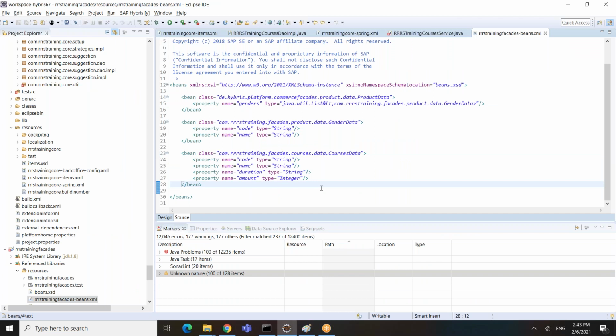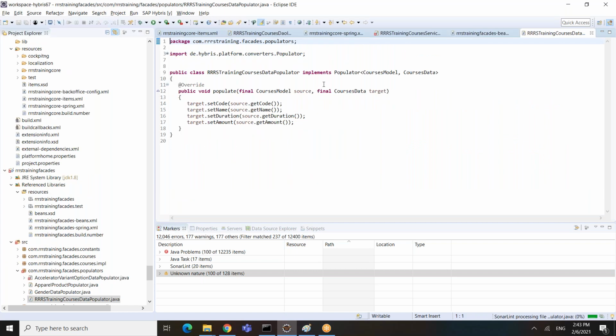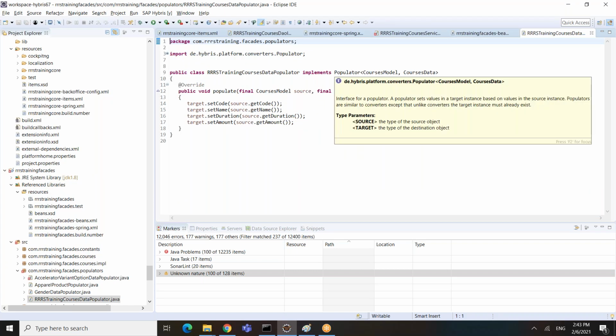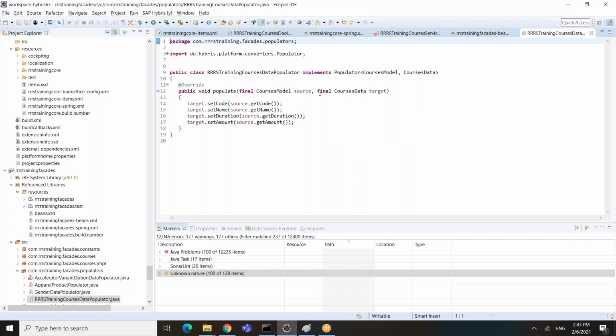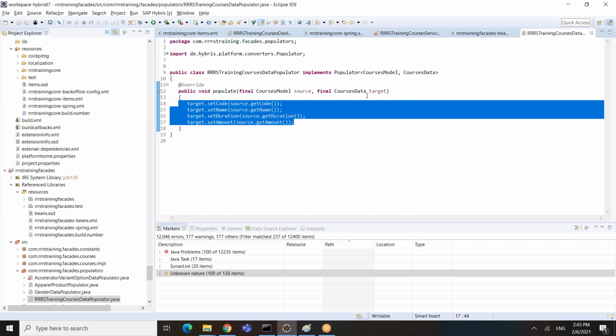So if you look at the populator, the populator is basically implementing the out of the box populator, which takes two parameters, where source is a model and target is data. So basically what the populator is going to do is take the model and convert it to the data object, setting the data from source, the model, to target, the data.